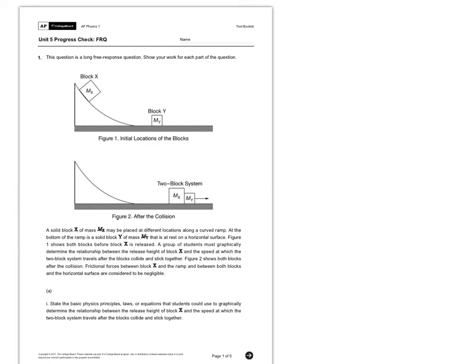And A is asking for the basic physics principles, laws, or equations that students could use to determine graphically the relationship between the release height and the speed of both blocks after they collide and stick together. So there's two things going on here. The first would be conservation of energy, since you're starting with a height and ending at the ground, moving. And the second would be conservation of momentum. So what A was looking for, it was worth 2 points, was